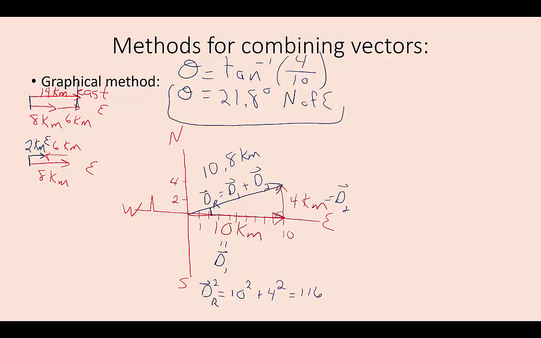Now, the last thing that we can do is we may have vectors that are not at 90 degrees to each other and that are not parallel to each other. And in fact, we may have more than two vectors that we need to look at. So when we are looking at those sorts of situations, the graphical method is really useful to us, and making sure that we have drawn it in proportion is important,